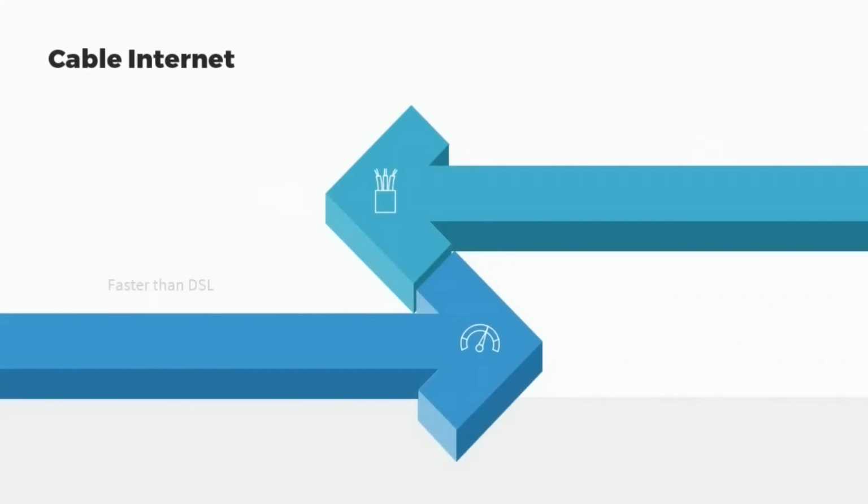Cable internet is generally much faster than DSL, at least these days, and I'll come back to that point in just a moment. And again, the name refers to the use of the same type of coaxial cable that has provided cable TV services to many of us in the past. So the reason I say at least these days is because in the earlier implementations of both DSL and cable,